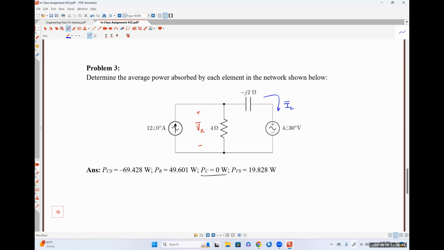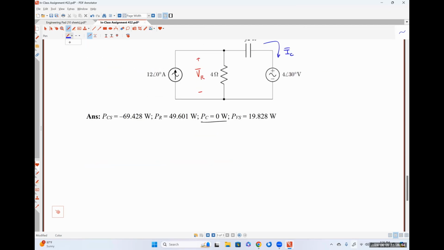Well, we could turn off one of the sources. So you're suggesting using superposition. Seems okay to me. So using superposition,